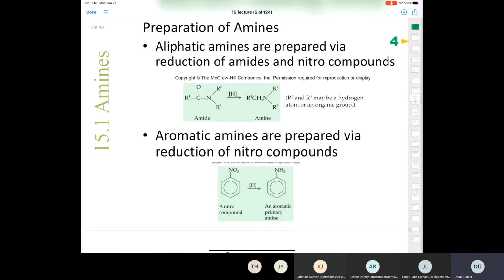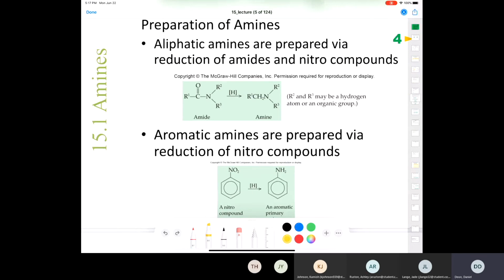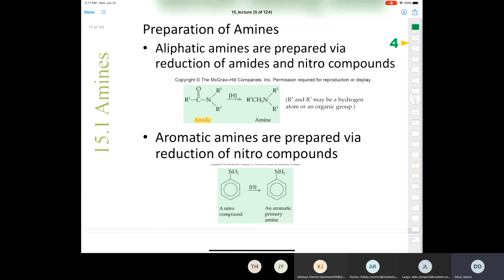All right, preparation of amines. So aliphatic amines, so here we go. We're talking about reactions now. So we talk about the preparation of an amine, and that can be effected by the reduction of an amide. And the way we do that is we treat that with a source of hydrogen atoms, so some kind of reducing agent. And so what you see here, the H in the square brackets, you can just think of that as being a reducing